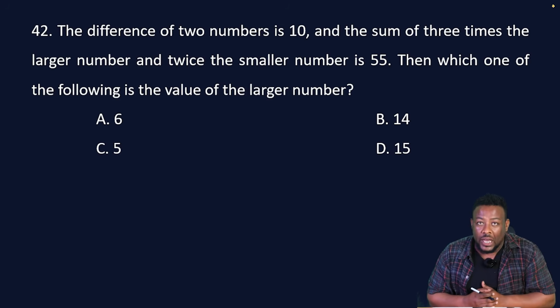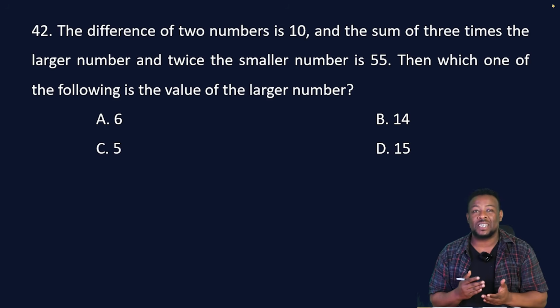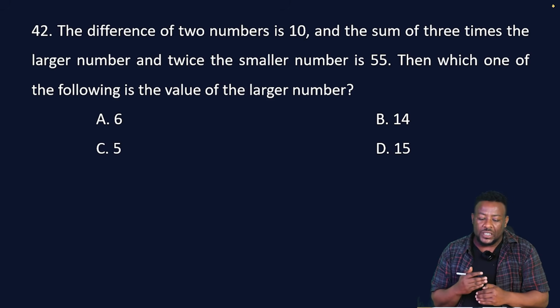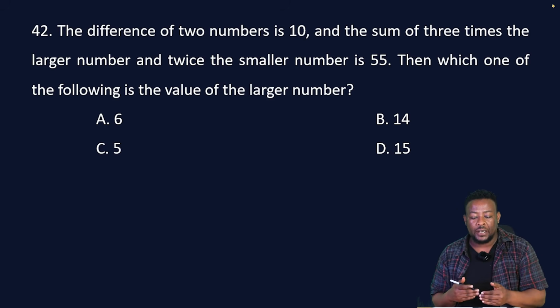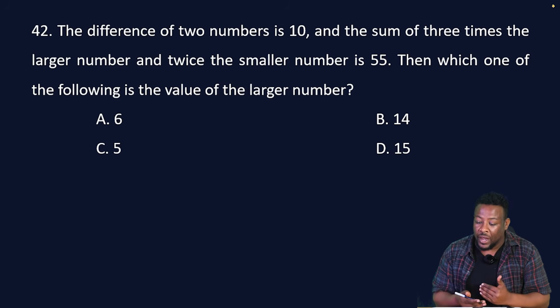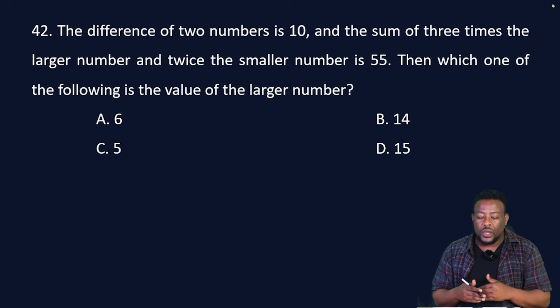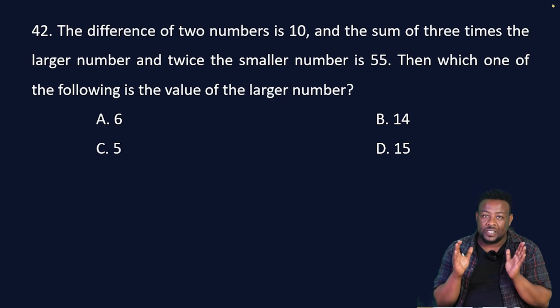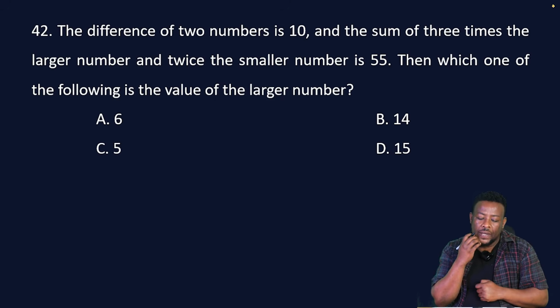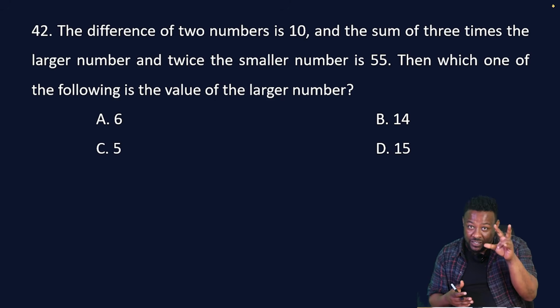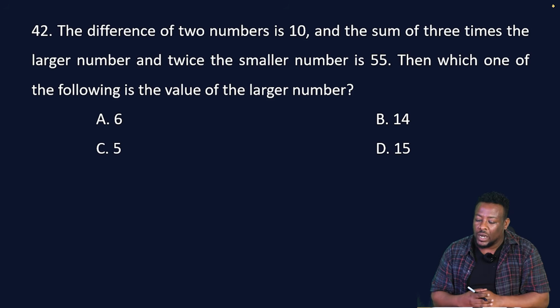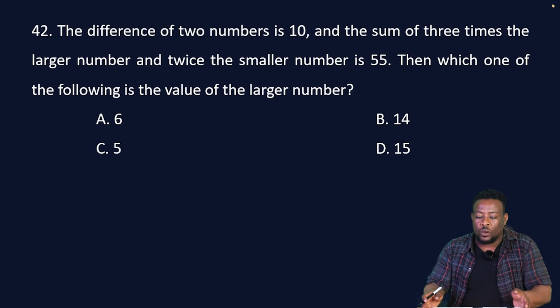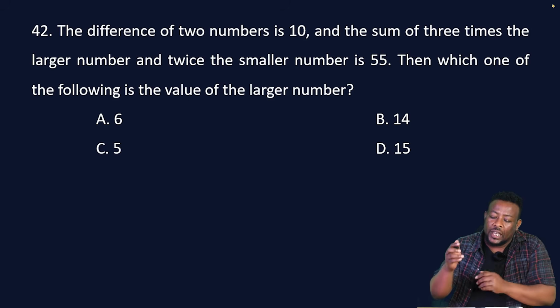ወደ 42ኛው ጥያቄ ጋር ስንመጣ the difference of two numbers is 10 and the sum of 3 times the larger number and twice the smaller number is 55 then which one of the following is the value of the larger number okay እዚህ 42ኛው ጥያቄ ጋር ምን የሚል ነገር አለ there are two numbers whose difference is 10 ተብለናል and the other thing 3 times the larger number and twice the smaller number the sum of these 55 ነው ተብሎ ተሰጥቶናል then which one of the following is the value of the larger number